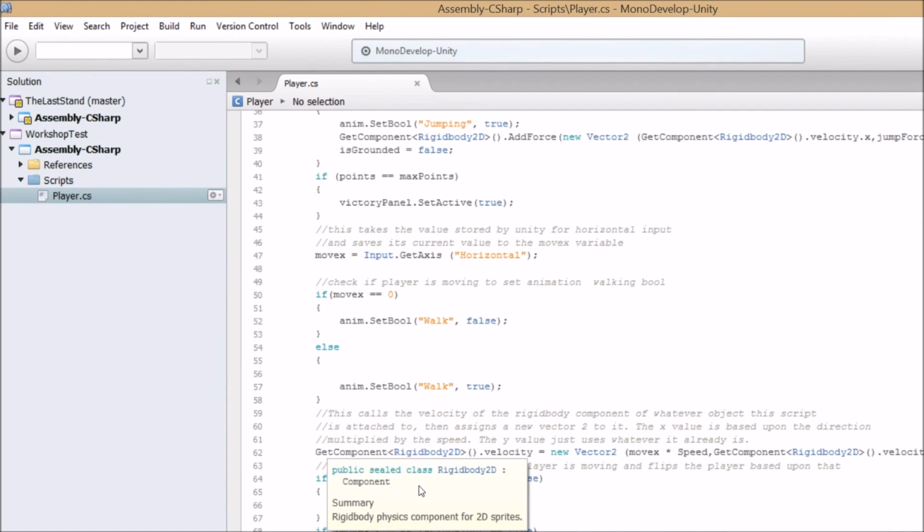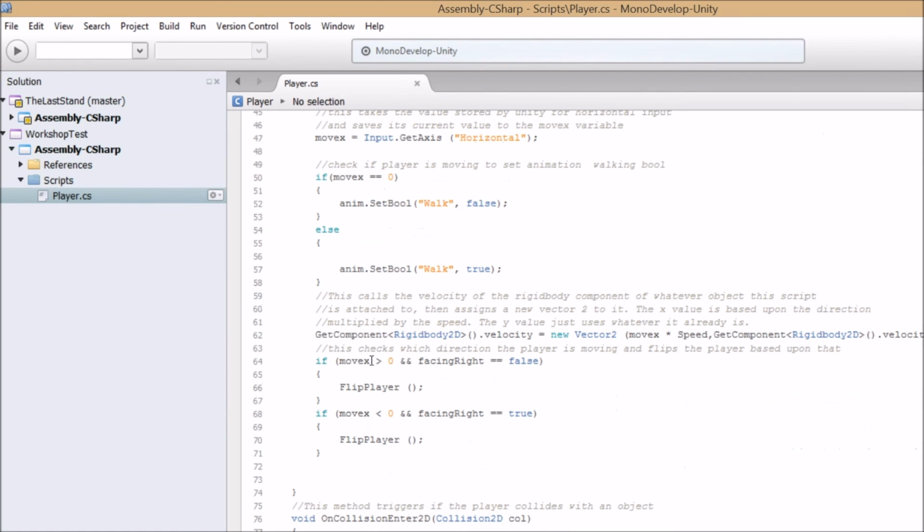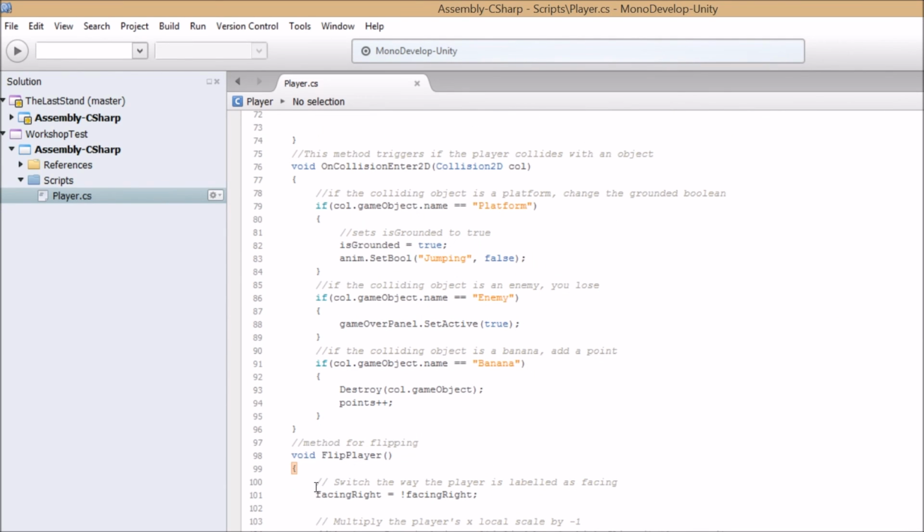So what I said was, if MoveX is greater than 0, which means that the player is moving to the right, X has a positive number, and if facingRight is false. So if the player is moving to the right, but they're facing to the left, then flip them. And the opposite is true as well. If they're moving to the left and facing to the right, flip them. And then down here in the flip code, it's switching the Boolean the opposite way